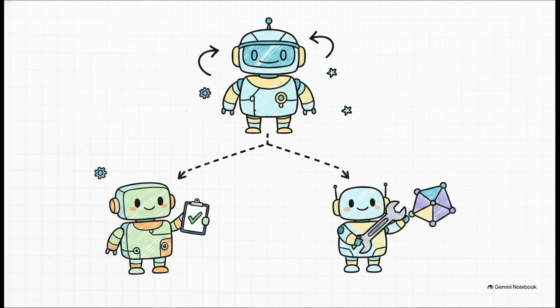Then it dispatches worker agent A to, say, write unit tests in a temporary directory, while simultaneously sending worker agent B to refactor API endpoints in parallel. When they're done, they report back up to the coordinator. This completely isolates the work, prevents file write conflicts, and keeps that primary context window perfectly clean.